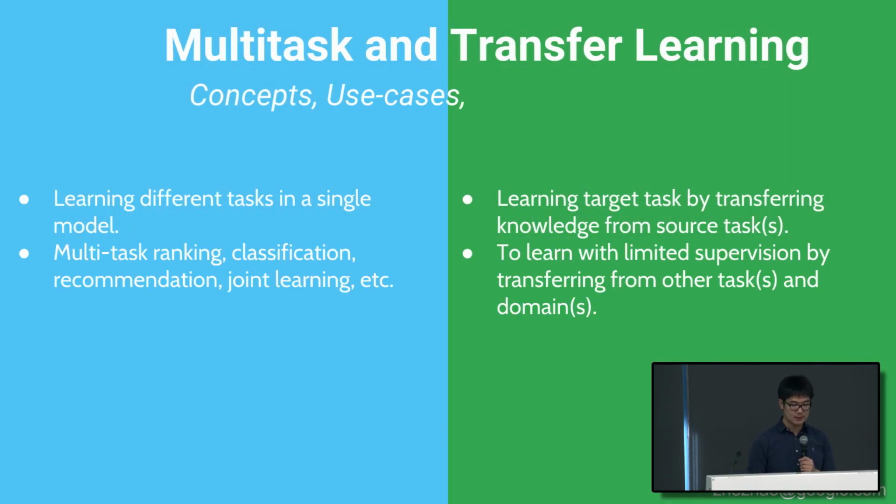Okay, so to sum up multitask learning and transfer learning, we talked about some of the concepts, where the difference is that multitask learning learns multiple tasks in a single model, while transfer learning only cares about target tasks, but you need to transfer some knowledge from source tasks. Both of them have multiple use cases, where multitask learning has been used in any type of machine learning application that needs multiple prediction targets. It's extremely useful in search and recommendation. And for transfer learning, similar things happen as well. You may have a task with fewer labels, and you can improve the task by transferring knowledge from tasks with a larger number of labels.